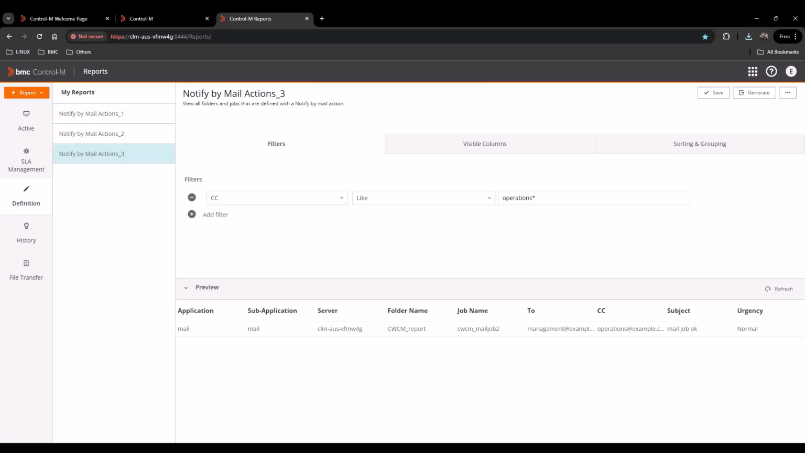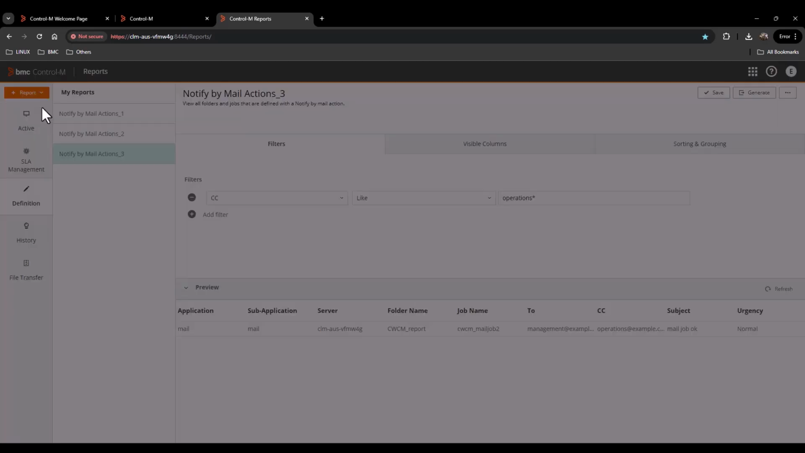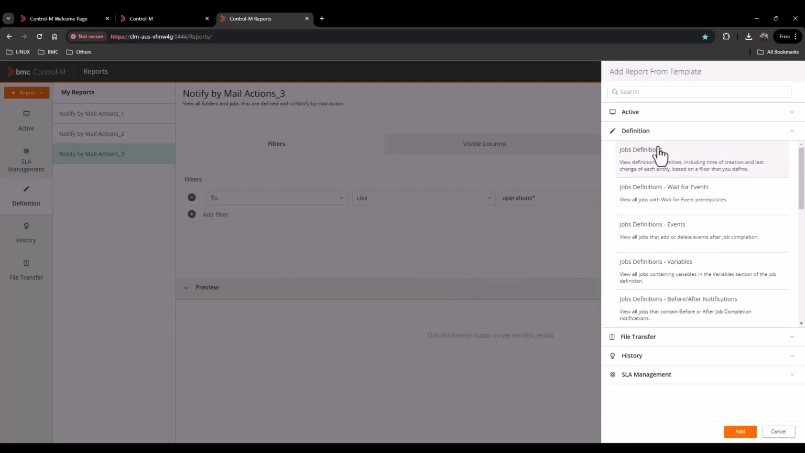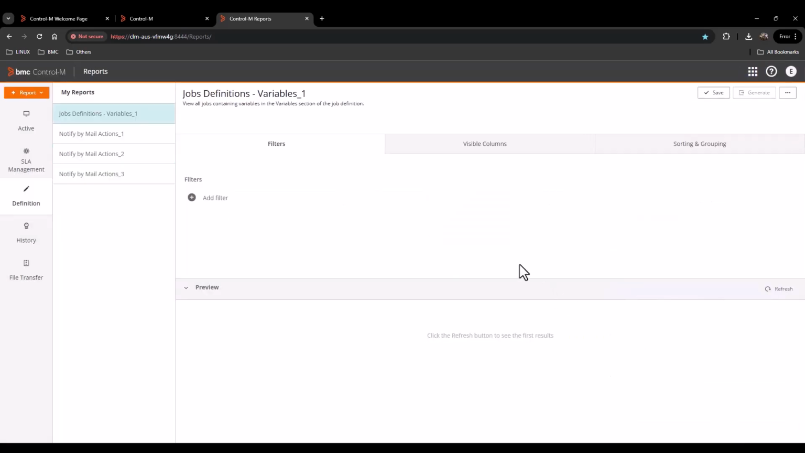For the next example, as an administrator, I need a report to show job attributes such as for connection profiles on an MFT job, a SAP database, etc. So we'll go ahead and create a new report, and let's not save this, and here we're going to select definitions and we're going to select variables. So we'll go ahead and create our job definition variable report,